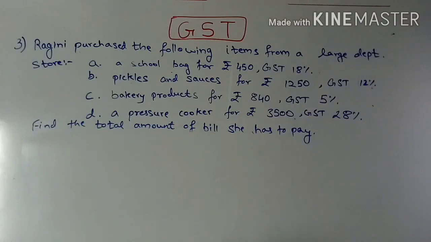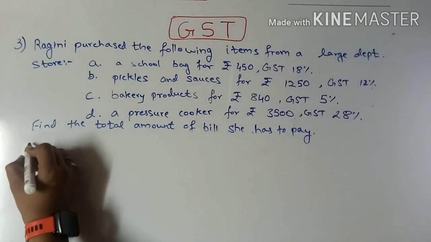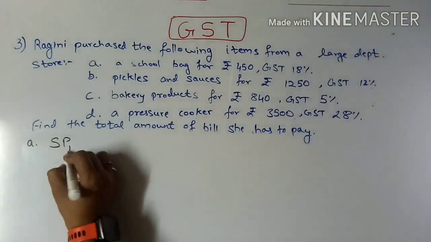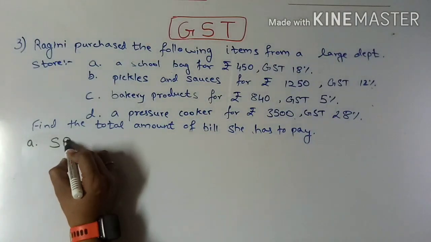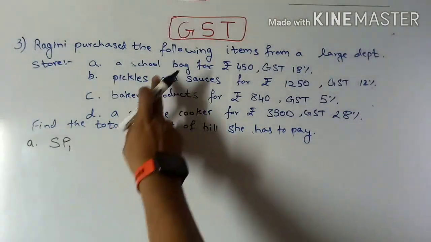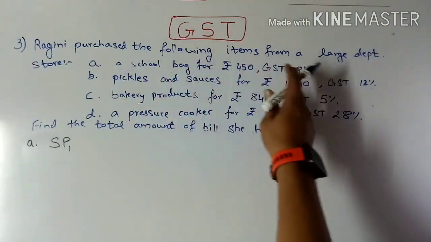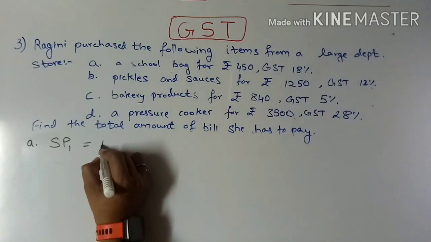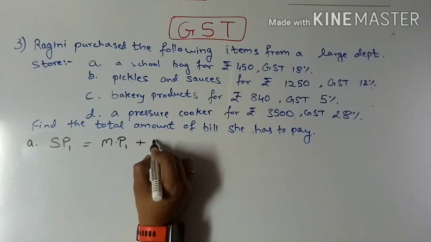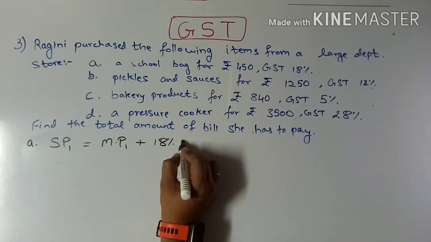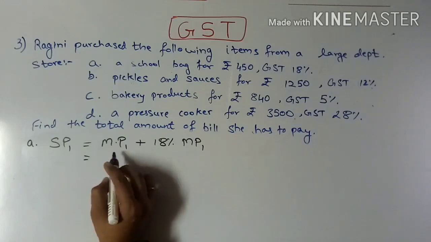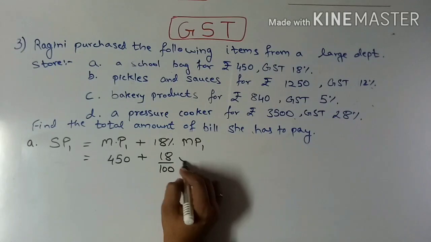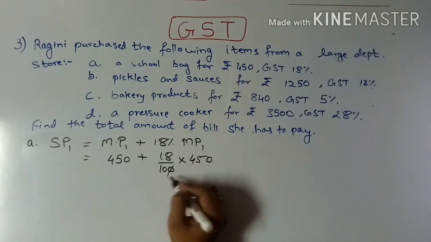So let's start. My first aim will be to find the selling price of school bag. Let me call it SP1. So I need to mention in the exam that SP1 is my total selling price of the school bag, which is marked price of the school bag plus GST of 18% on that school bag. So MP1 plus 18% of MP1,